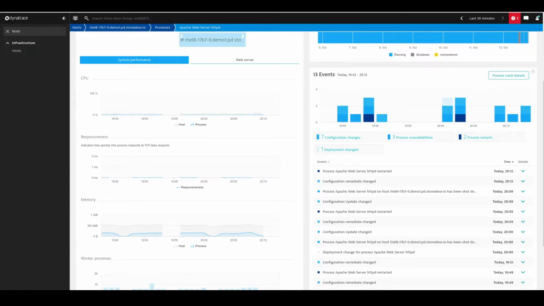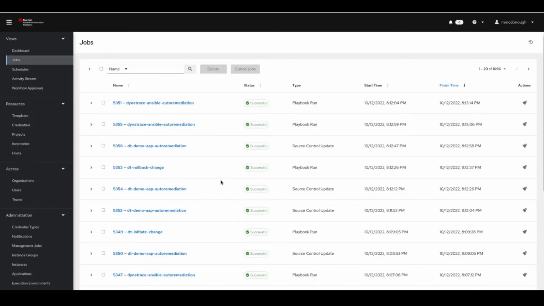If we come back and look at our Ansible job logs, we'll see a number of things here. Starting back, here's our initiate change playbook run. This is what actually broke the Apache web server. Then we see a couple of auto remediation playbooks. These jobs were initiated from Dynatrace via an API call to Ansible Automation. And then it initiated our rollback playbook. The rollback playbook actually undid the change that we had made through initiate change, basically restoring our web server